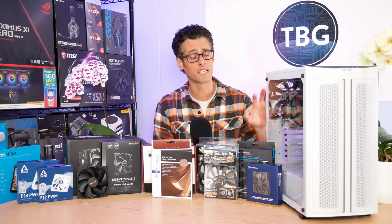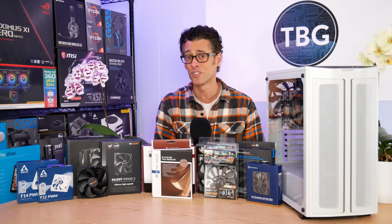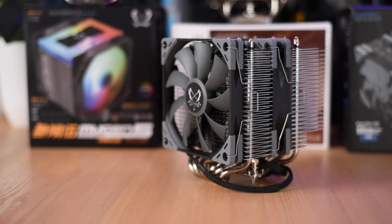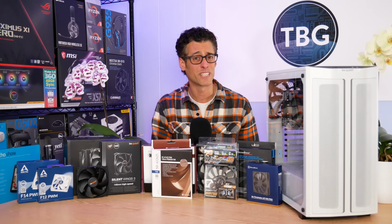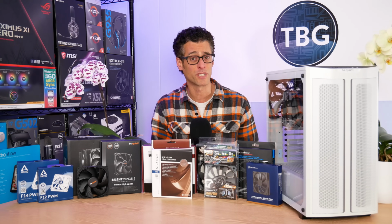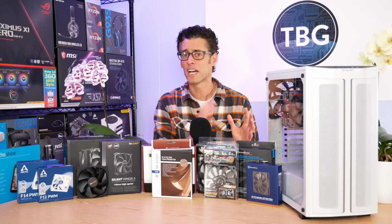Now, in terms of the test setup, I have a Ryzen 5 3600X cooled by a Scythe Fuma 2 cooler. Now, that's a fantastic CPU cooler, but I don't think that should deter you too much. Now, you may be thinking, shouldn't I have used a really bad CPU cooler so I could really stress the case fans? Well, I really think of those as two separate equations,